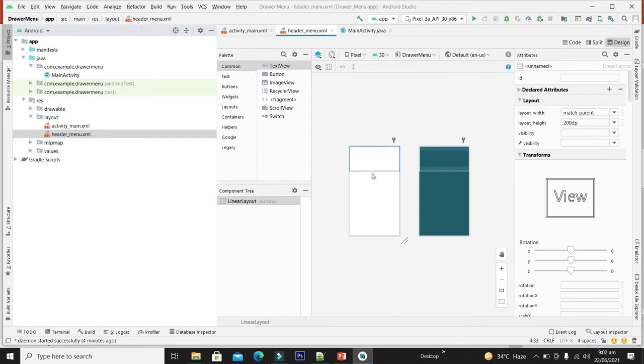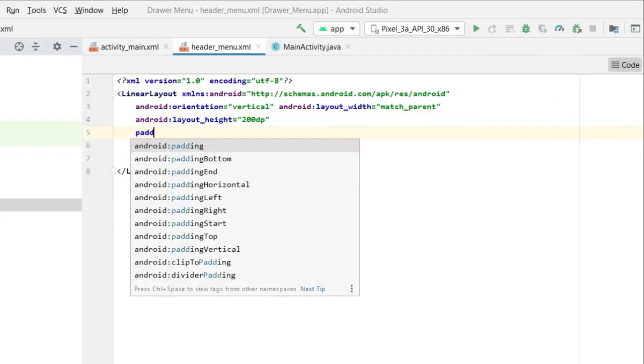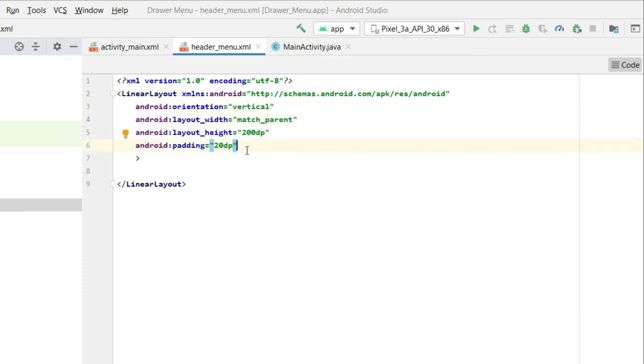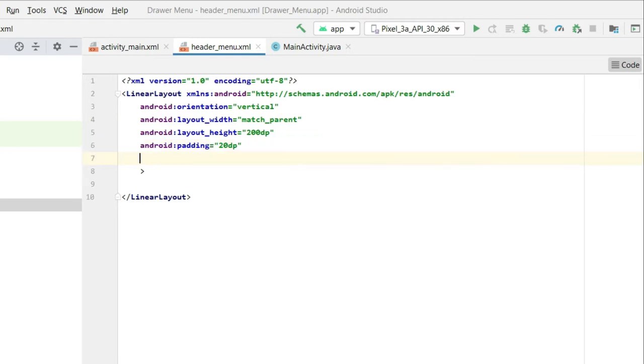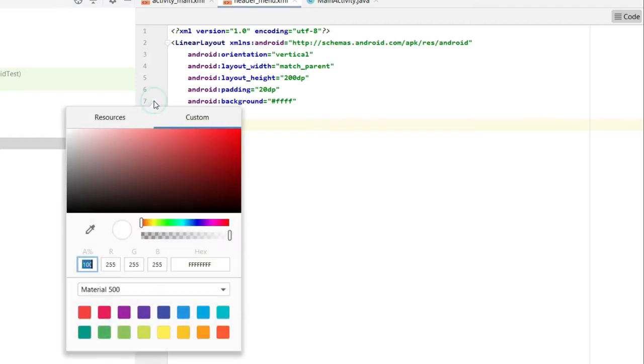So because our header should be of this size. So now let's give appropriate padding. And we have the orientation, vertical orientation, means we will place the elements on the top of each other vertically. So click on this color icon, and from here let's select the icon matching with my theme.